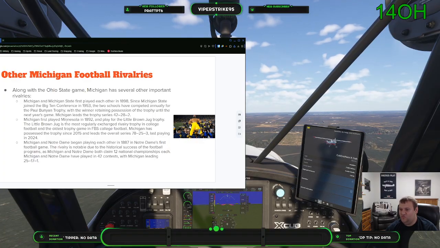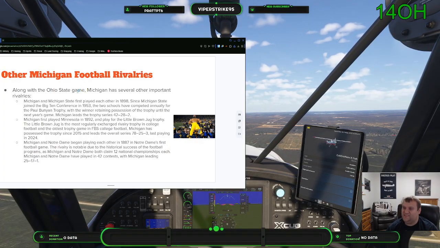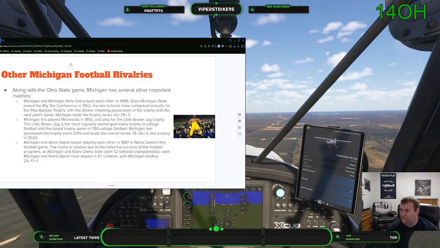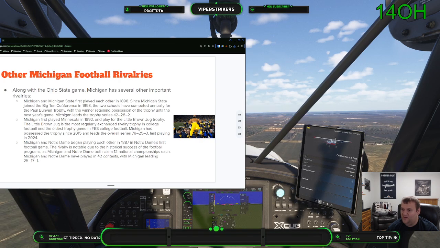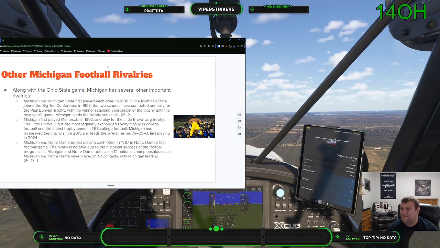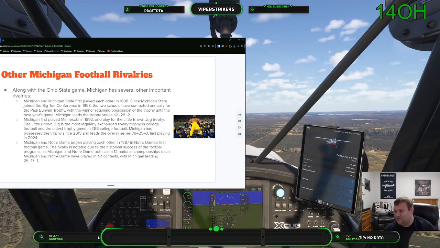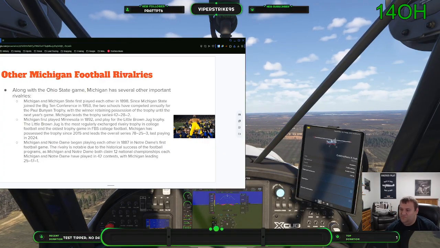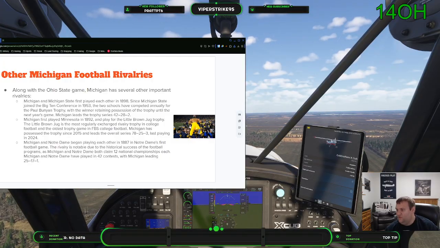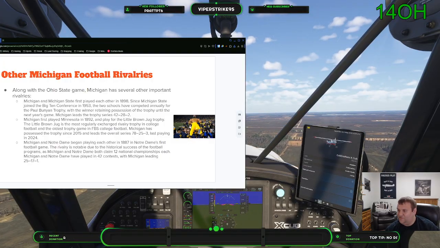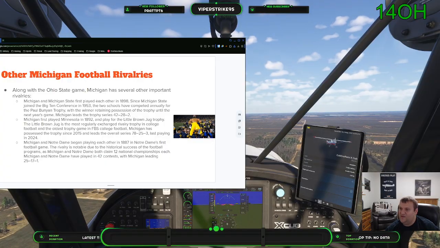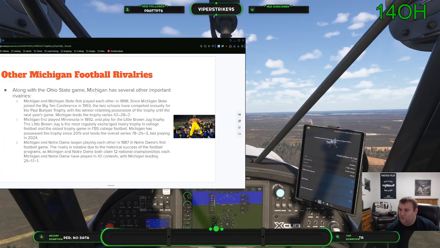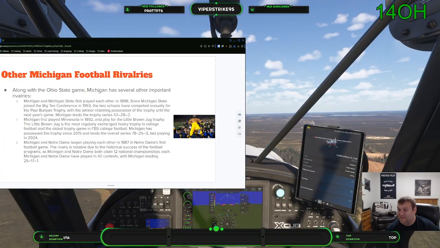Finally, the last major rivalry, there's a couple of other ones. Penn State, Illinois, and Northwestern are other rivals too. But the other most historically important rivalry Michigan has is with Notre Dame, actually. Makes sense considering Notre Dame and Michigan are not very far apart. And they haven't had nearly as many meetings, only played 24 times since their first game back in 1887. However, this rivalry is especially important as these are 2 of the winningest programs of all time.